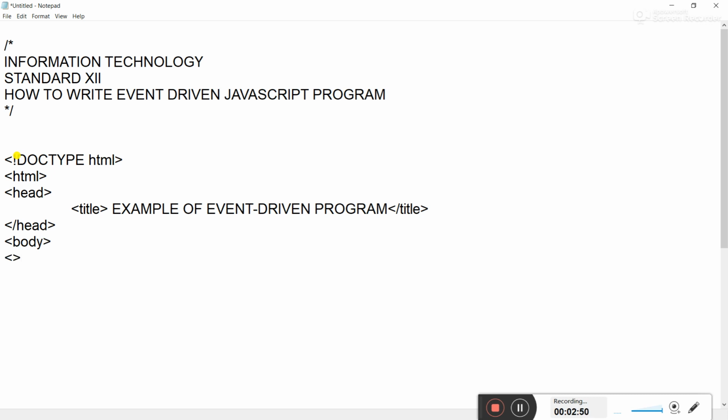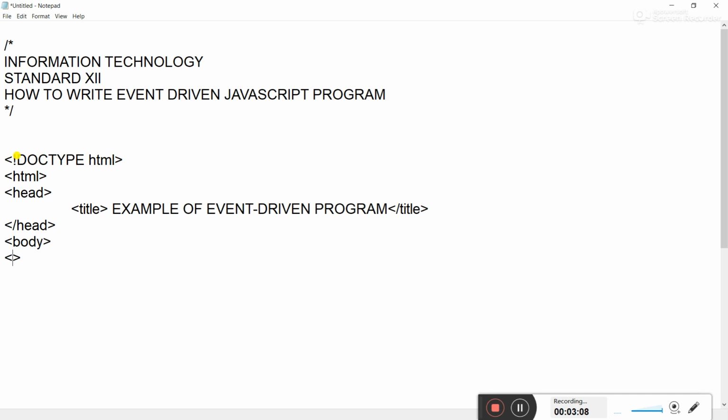today we are going to take the example of checking an odd or even number. So we will take this example: how to ask for a value from the user, and how to check whether the entered value is odd or even.